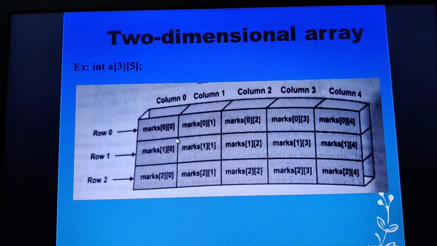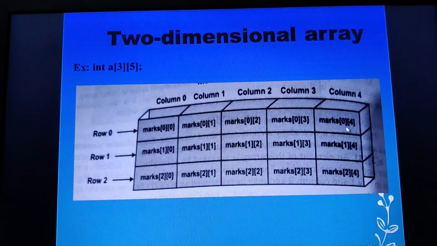Like, first row first column will be processed, first row second column, first row third. So this is how I have written here, marks of 0, 0. Row remains the same throughout here. So this location, marks of 0, 1. Marks of 0, 2. Marks of 0, 3. So here marks of 0, 4.